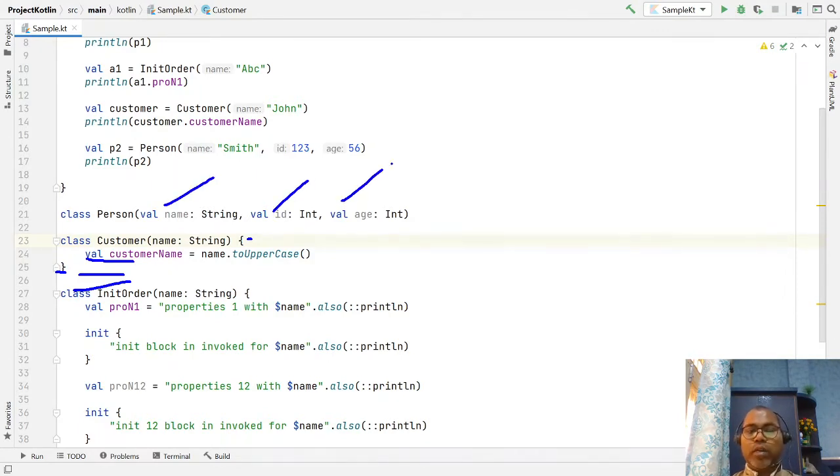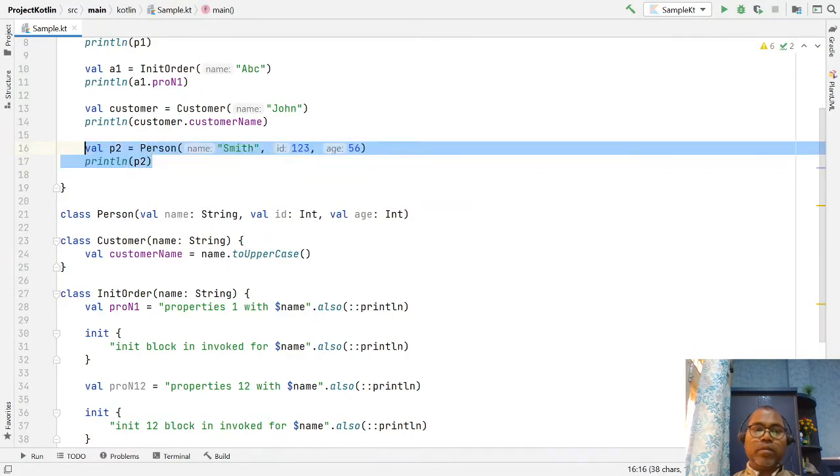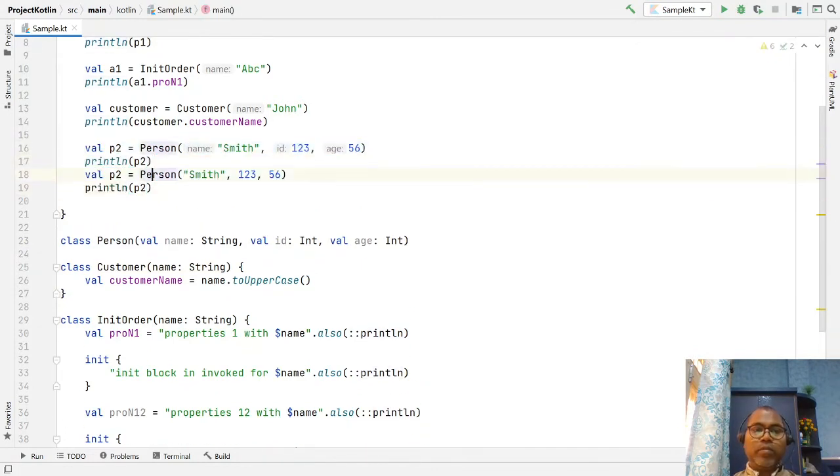In short, Kotlin lets you directly define just the primary constructor in the class. Now your class itself is created with the primary constructor, and you can create an object. You can create multiple objects, person 2, person 3, any number of persons.